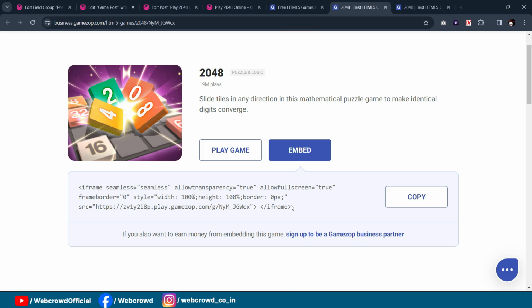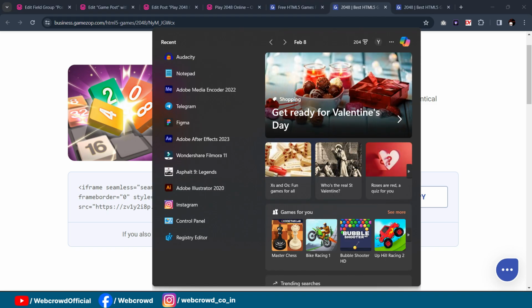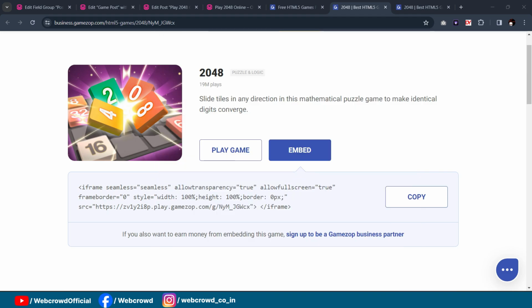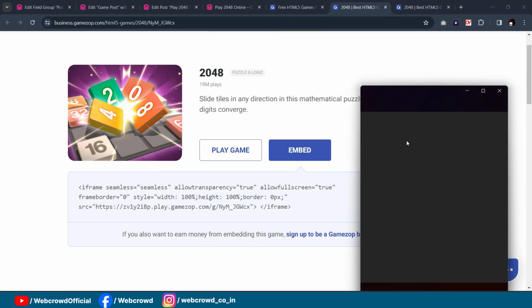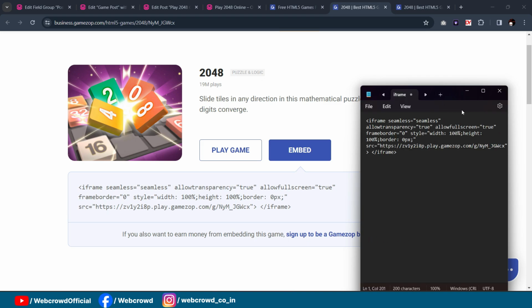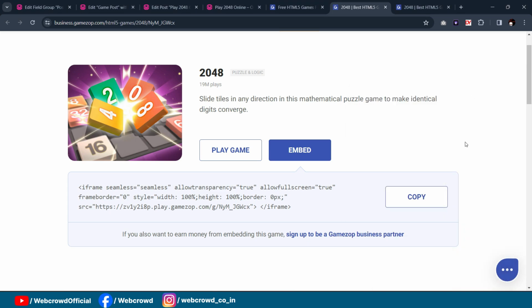First copy the code. From here I will show you the steps, which are very important. First of all, you have to open Notepad. Don't copy as it is from the embed code. Just copy this code into Notepad. So why am I doing this? Let me show you why it's necessary to make some changes inside this code. If I copy as it is from this website and paste into our